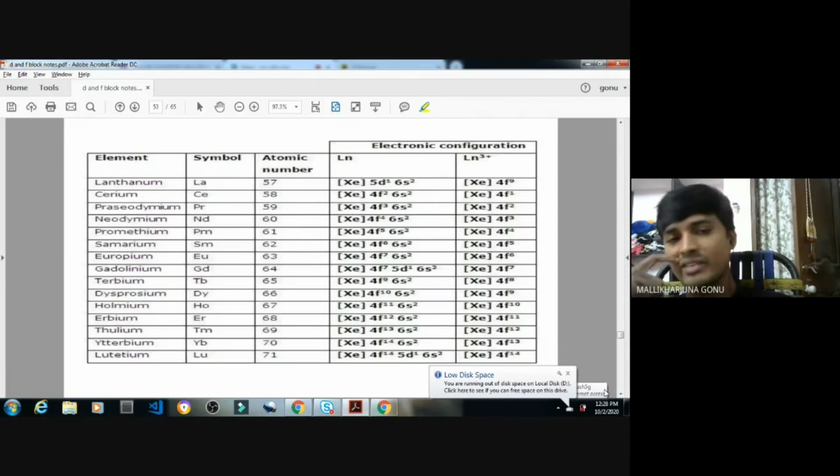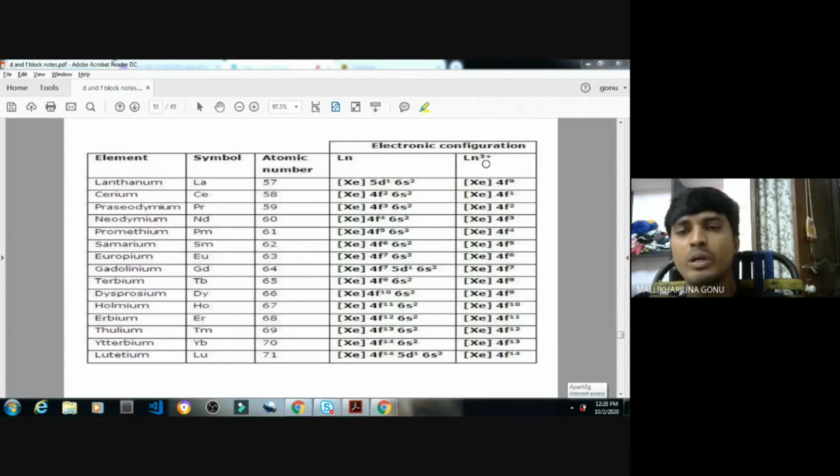So what is the electronic configuration? Basically, here it is 57 to 71. The most stable ion for these lanthanides is Ln3+. Ln stands for lanthanides. Ln stands for all, so as a common we are saying Ln3+. Which one is the stable one? Basically, the major one is Ln3+. Those are majorly stable, and compounds like LnCl3, LnBr3 exist more. That's how the electronic configuration of Ln3+ you have also seen here separately.